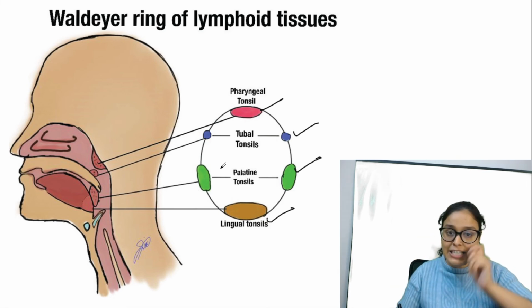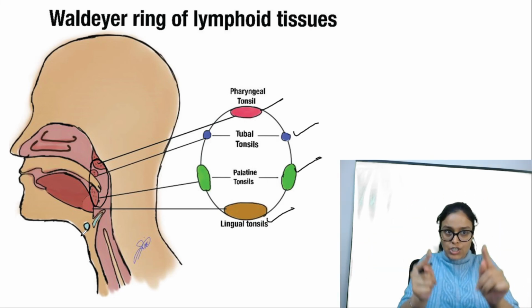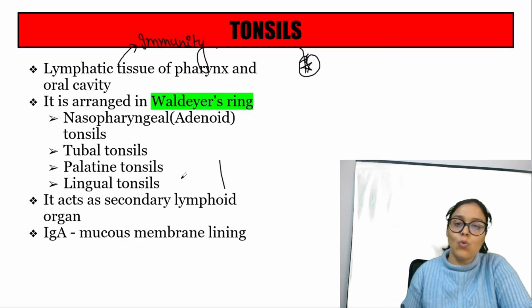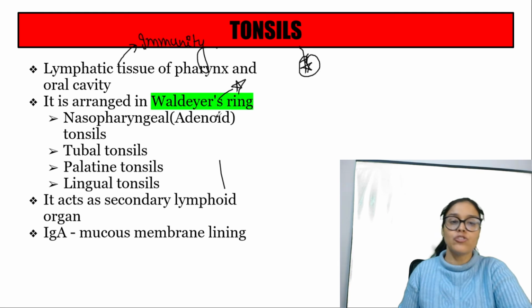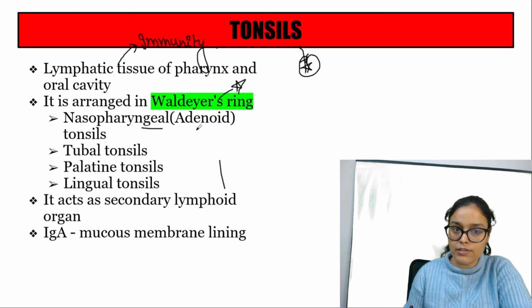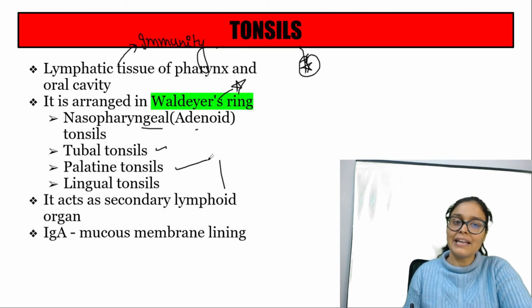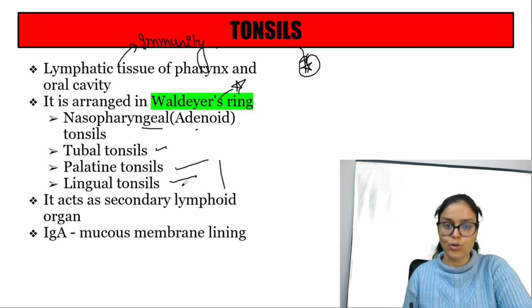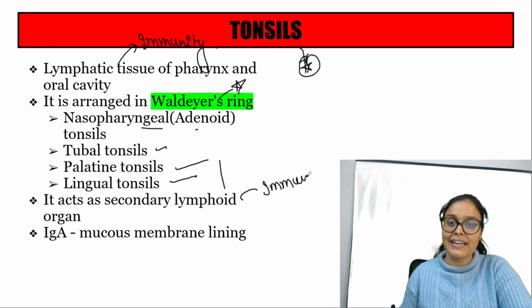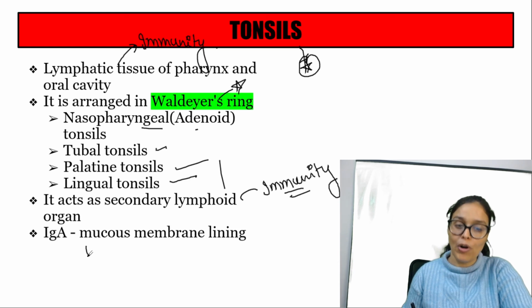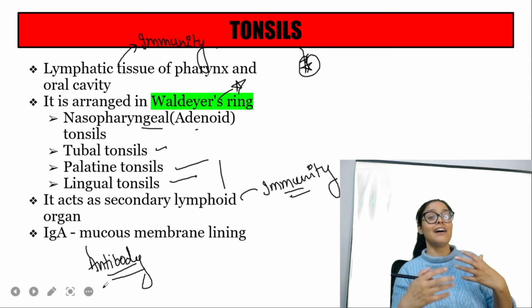So obviously these tonsils are present in our buccal cavity like a ring. They are arranged in such a way that they are forming a ring. And it was observed by scientist Waldeyer. So Waldeyer rings के form में arranged है. So nasopharyngeal tonsil is known as adenoid tonsil. Then we have tubal tonsil which is present near the eustachian tube. Palatine, palate के पास है, lingual near the tongue, right? And it acts as secondary lymphoid organ, means provides immunity. And it is secreting IgA antibody also, and this antibody will be killing the microbes, will be killing the foreign